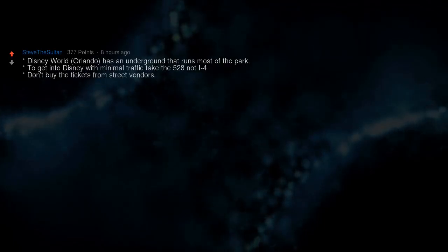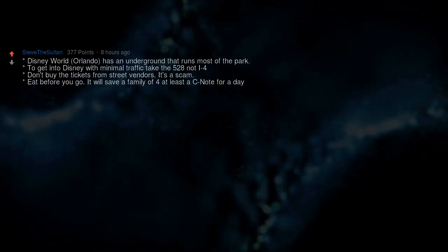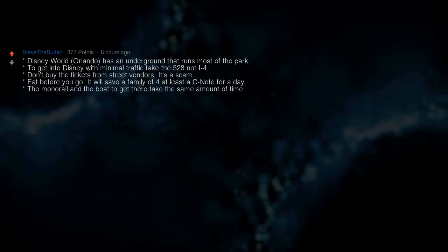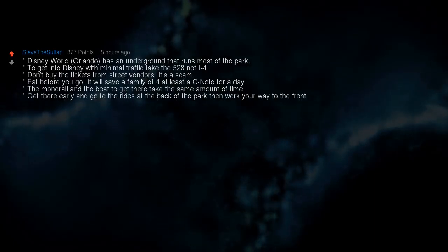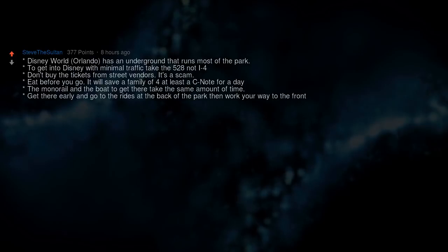To get into Disney with minimal traffic, take the 528, not I-4. Don't buy the tickets from street vendors. It's a scam. Eat before you go. It will save a family of 4 at least a C note for a day. The monorail and the boat to get there take the same amount of time. Get there early and go to the rides at the back of the park, then work your way to the